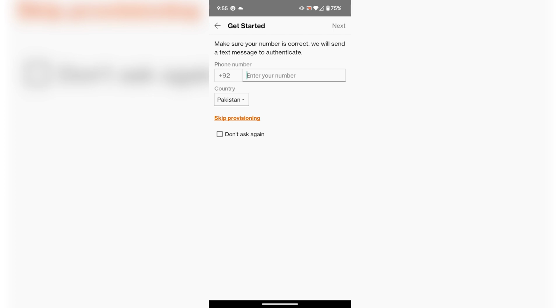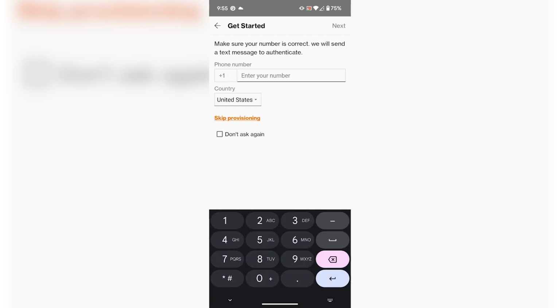right? For example, if I want to track the text messages of my child, then I will enter the phone number of my child here. Once I've entered the phone number of my child, it will send a text message to my child's phone, and that text message will contain an OTP code, a one-time password, that I have to enter in this application. Once I have access to that secret one-time password, I will enter it in the password field, and after that